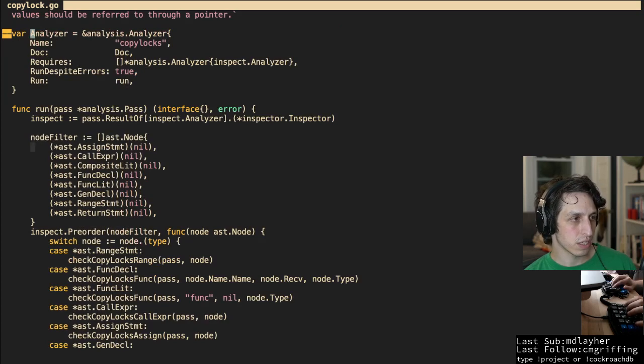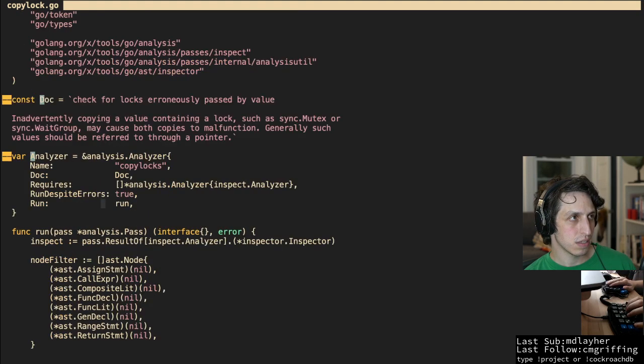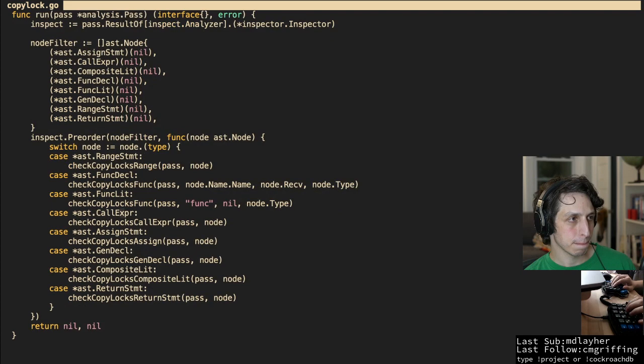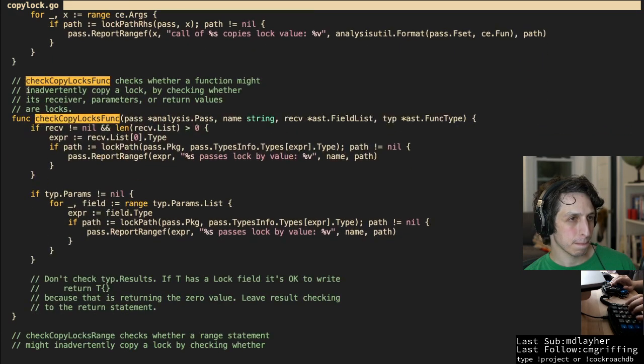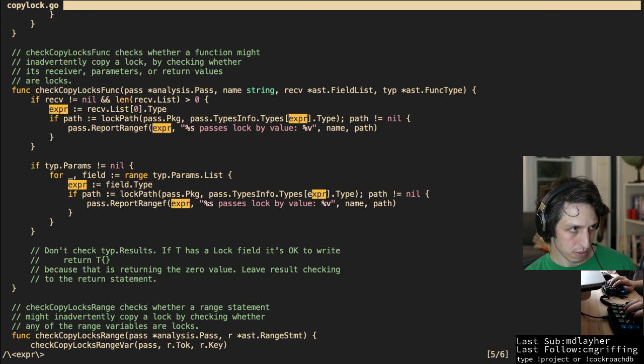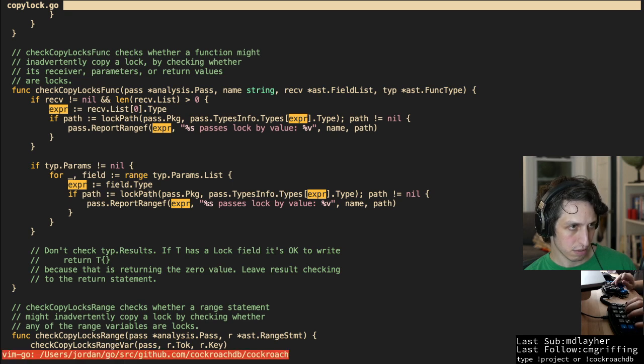All uses of this struct. Inadvertently check for locks erroneously passed by value. Checking whether its receiver parameters or return values are locks. So what it does is it looks at the type of the field and